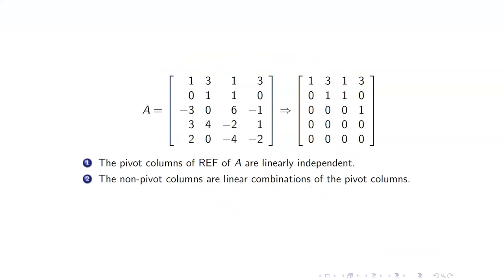How do we now use that to find the column space of a matrix? Here is our matrix A, and of course we perform row operations. We get this matrix here. The pivot columns of the row echelon form of A are linearly independent. So where are the pivot columns? Here, here, and here. Those are your leading entries, correct? So you have the first, second, and fourth column. They are linearly independent, and we know that